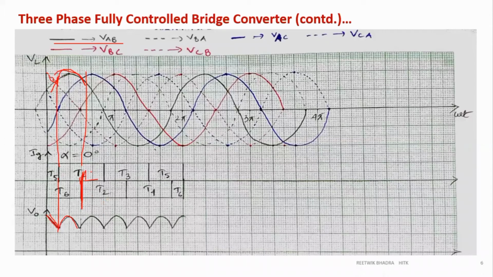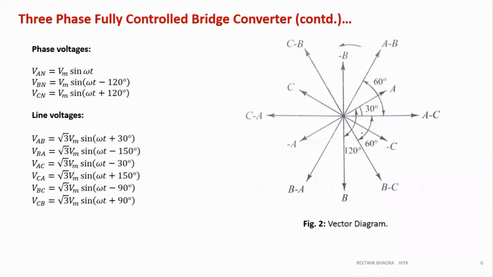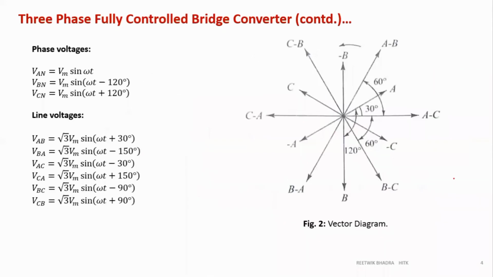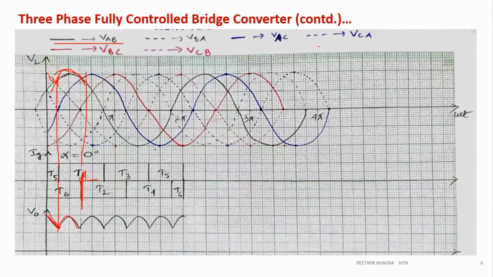Okay, so next is 1, 2. You go on the figure, 1, 2. 1 is A, 2 is C. So instead of B, it will be C. So AC. Go in this figure, AC is the blue line. So during this point over here, up to this point, blue line. So this is this figure. It continues going on over here, and since it is half drawn over here, half will be at this part. So you see from 60 up to 360 degree, you are getting the same figure.